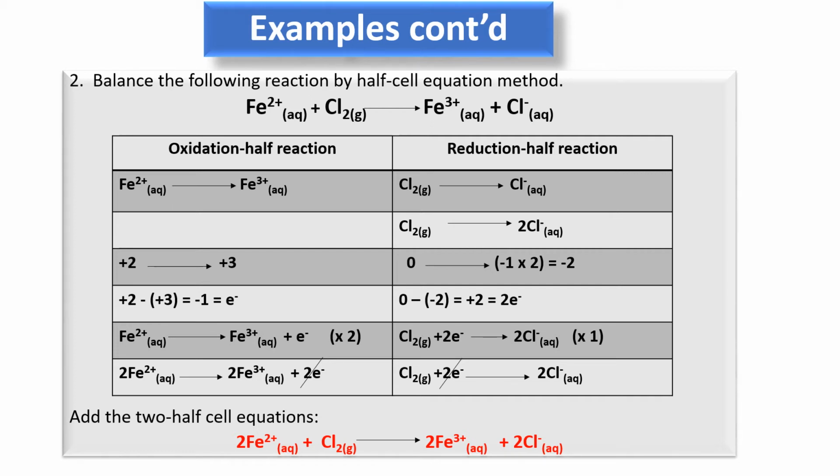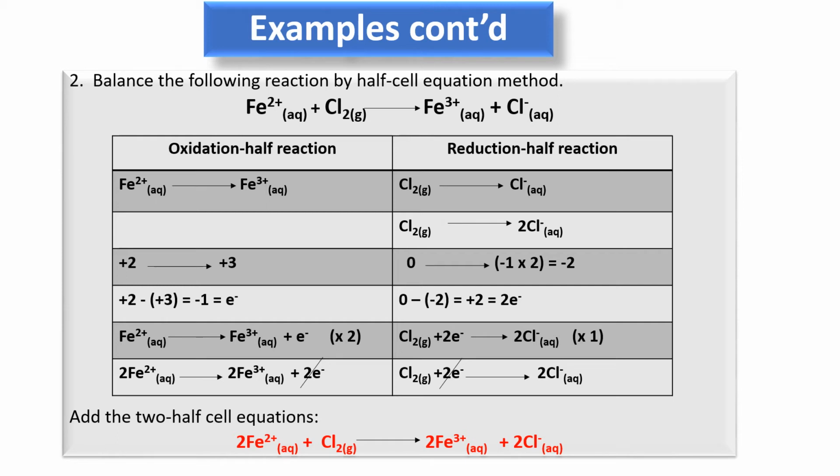This is Fe2 plus, which shows that the oxidation number of Fe, that's iron, is plus 2 at the reactant side. That's at the beginning of the reaction. And at the end of the reaction, Fe2 plus forms Fe3 plus. So the oxidation number of iron at the end of the reaction is plus 3. And that shows that there is an increase in oxidation number of iron from plus 2 to plus 3, which represents